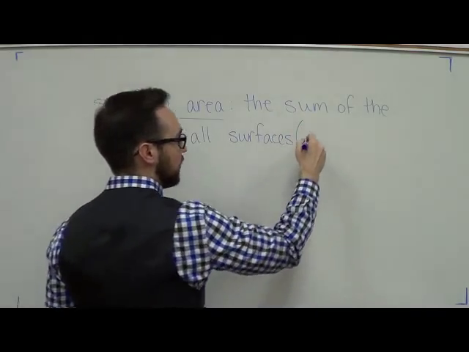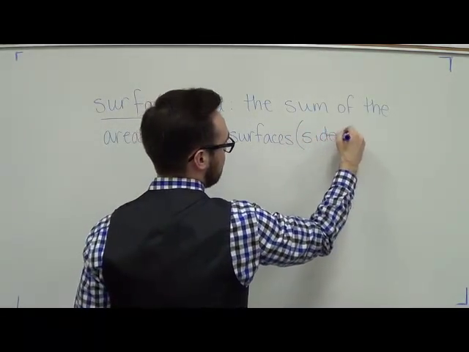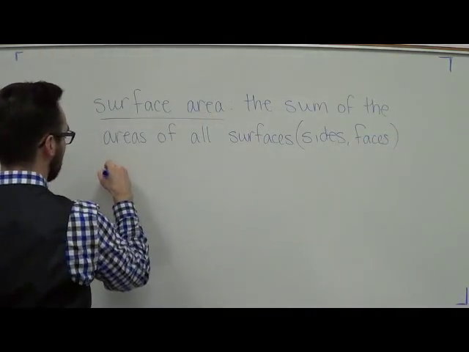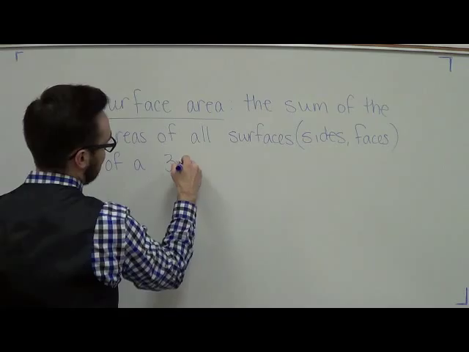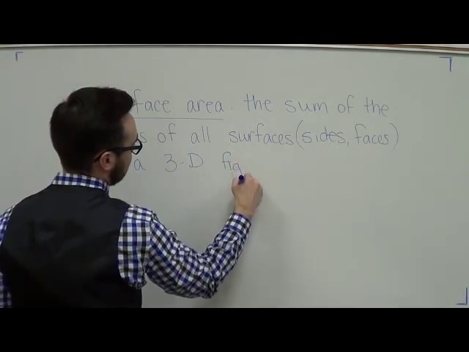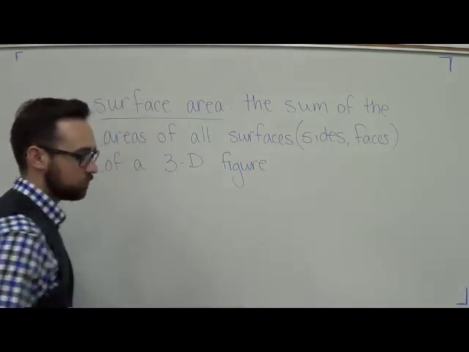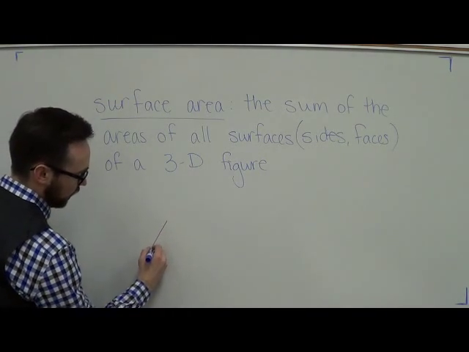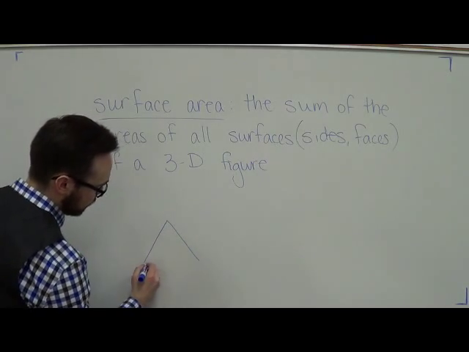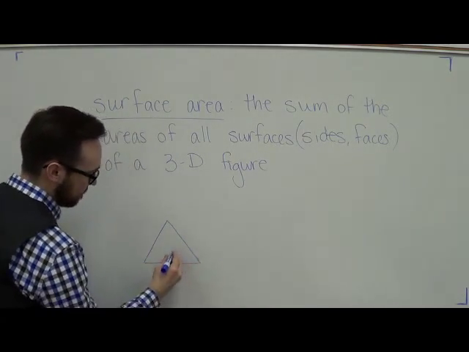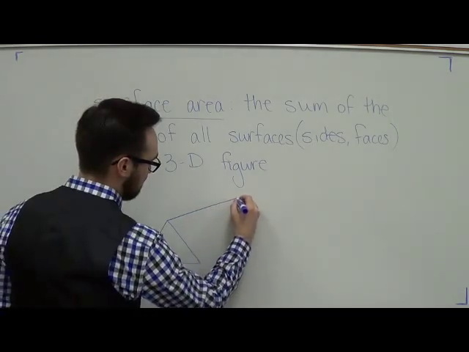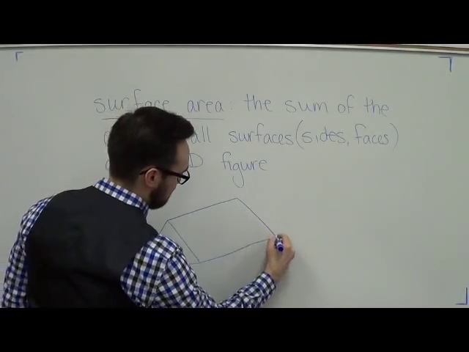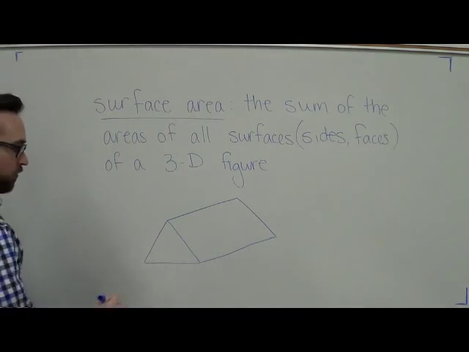Another way to think about that is all the sides or the faces of a 3D figure. So if I wanted to find the surface area of a triangular prism, okay, so we have